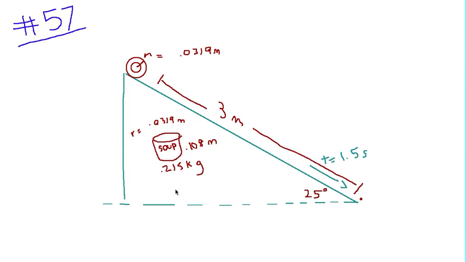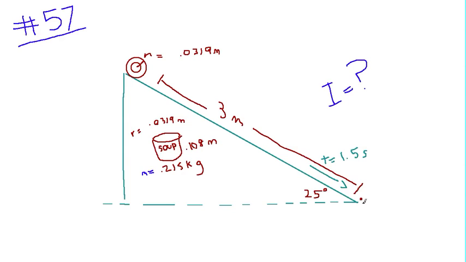Okay, so what we have today is number 57 on the inertia problem set. The given situation is that we have this soup can of mass 0.215 kilograms. I just converted this for us. It's rolling down this hill that is 3 meters long, and it takes 1.5 seconds to do this. And what it's asking for is, what is the moment of inertia that requires this can to be able to